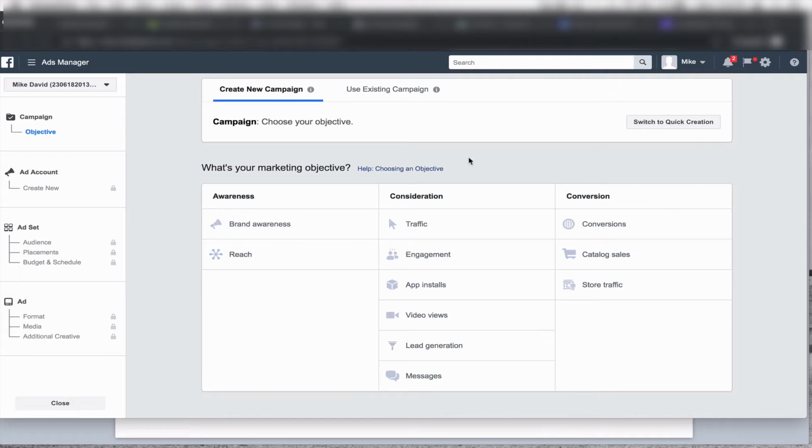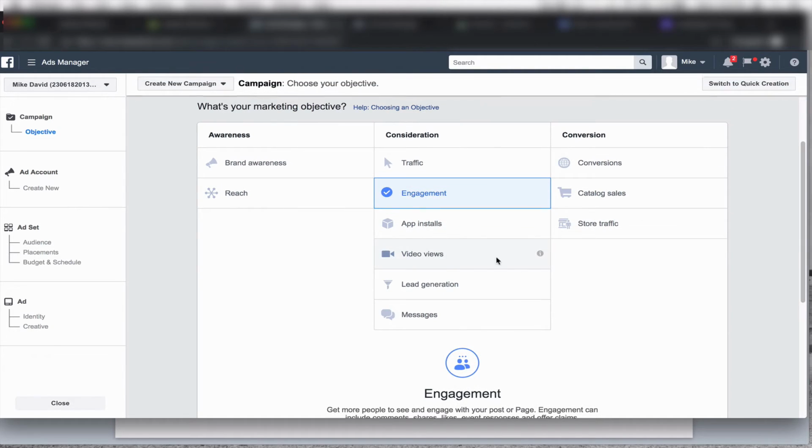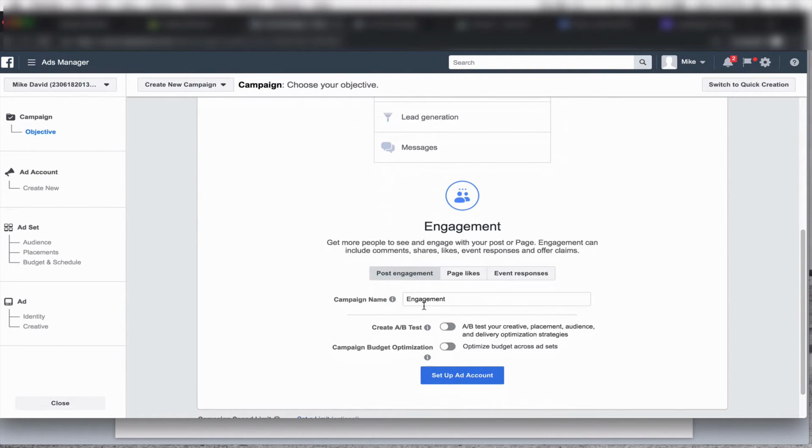So what you want to do is take a look at your marketing objective. Again, I pay attention to mainly engagement and conversion. So at the top of the funnel, PPE, we're going to hit engagement, because we want to see people who interact with the video or who are seeing my product for the very first time. So let's click here and click engagement. And then campaign name, we'll just call it engagement PPE 18 to 60